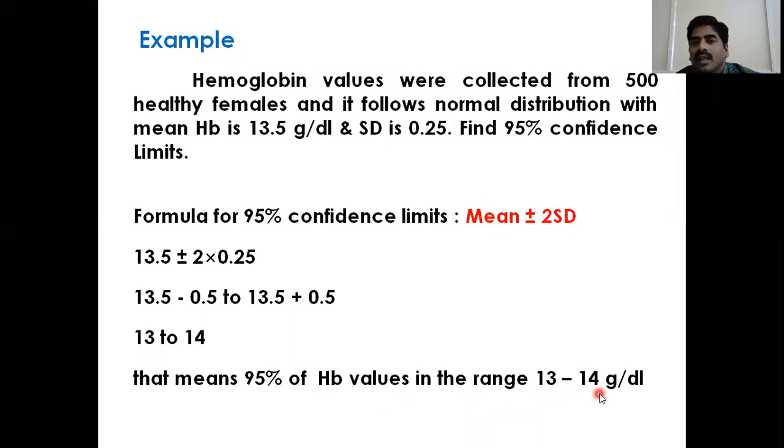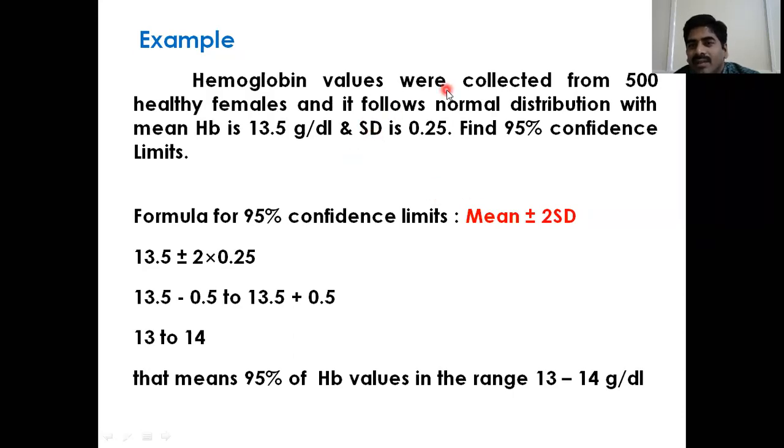See, I have taken this data. Don't correlate this in a clinical way. You don't take why 13 to 14 is the normal limit. In our textbook, this value is different. So I'm explaining how to calculate normal limits. What is the formula and what is the procedure I am explaining. I have taken this data so that this is the procedure of how we have to calculate the normal limits. Okay.